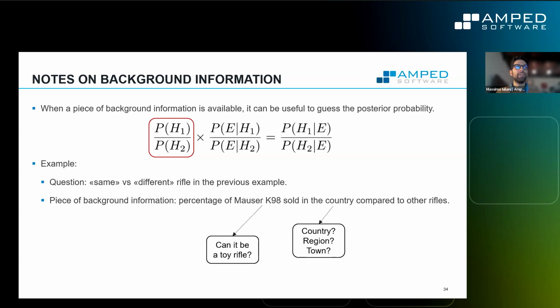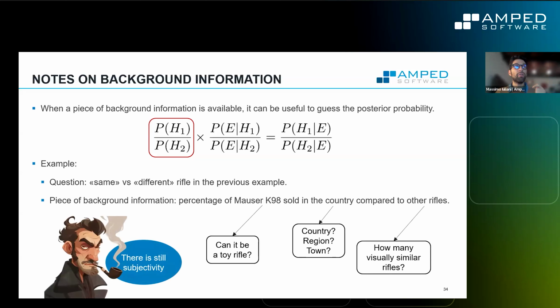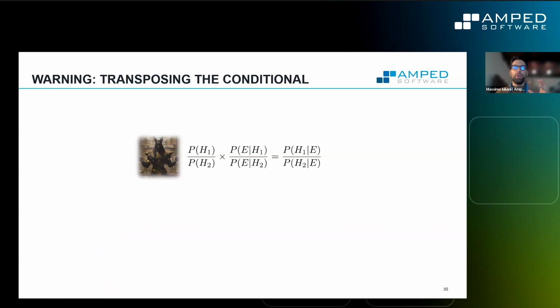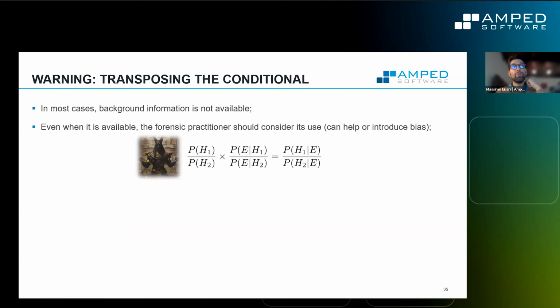Should I consider the rifles sold in the country, in the region, in the town? We can discuss it, but it changes the values. And should I compare it with all other rifles or only with other rifles that are visually different? This also can be discussed, but there is subjectivity. So a good practice, or at least a suggestion, is that in most cases background information is not available. And even when it is available, we should consider whether we need or have to use it. So in the end,